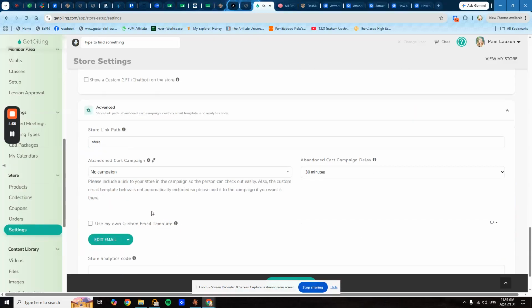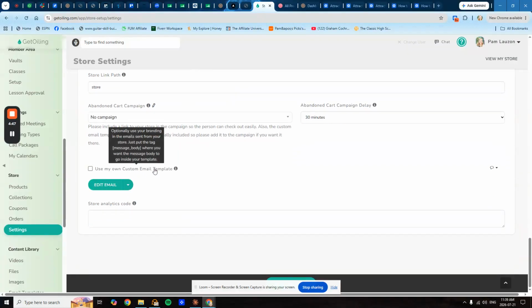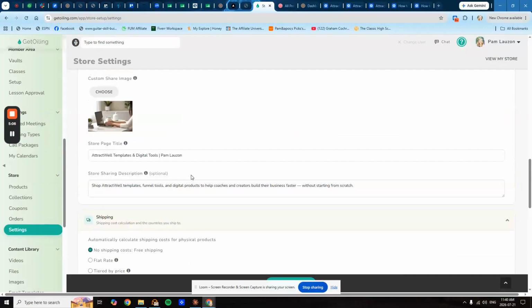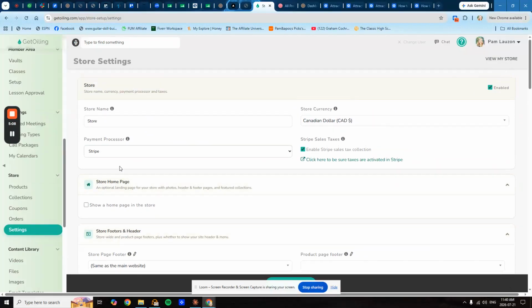And then advanced, this is your link path. So it defaults to yourdomain.com/store. So if you wanted it /shop or /something else, you could change it here. And you can go through and adjust the custom email template when it's sending. It says here, optionally use your branding in the email sent from your store. So just put the tag message body where you want the message body to go inside your template. So you can use a custom template so that your emails through the store, like order confirmations and things like that, are customized. So you can go through all of these settings, and then you're going to go to